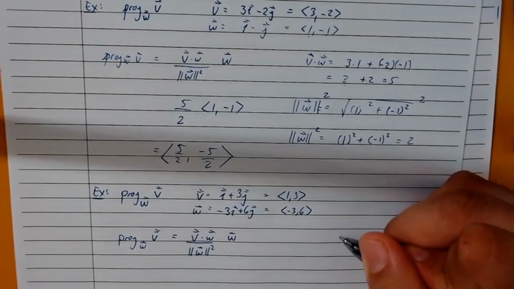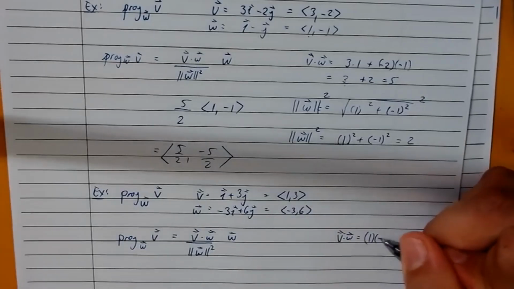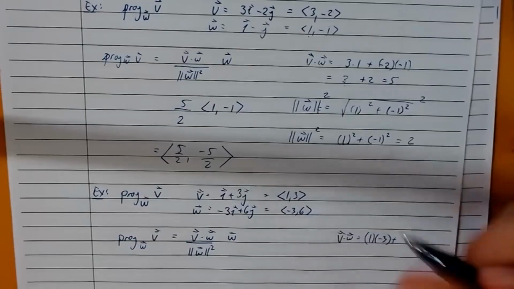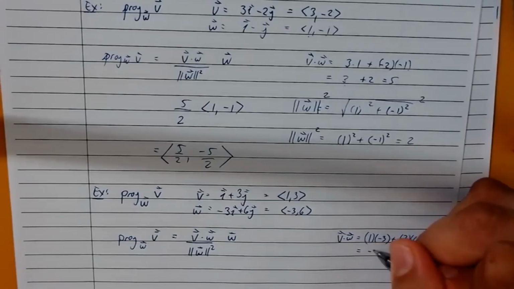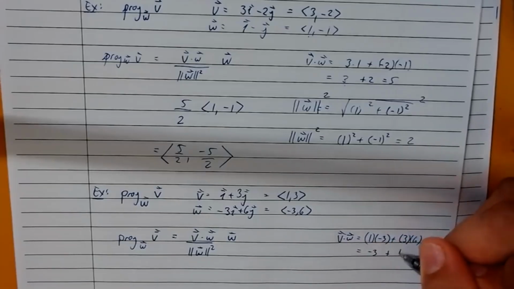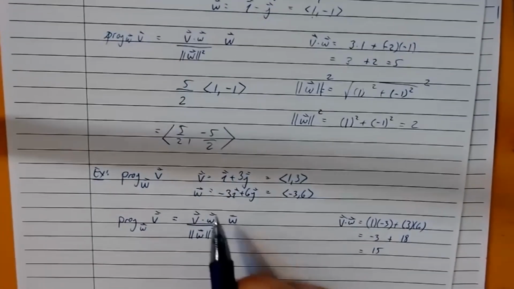We can find v dot w. After all, that's simply multiply the first two components. That's 1 times negative 3. Plus, multiply the second two components, 3 times 6. That'll give us negative 3 plus 18, which is 15. So that'll be our numerator. That'll be 15